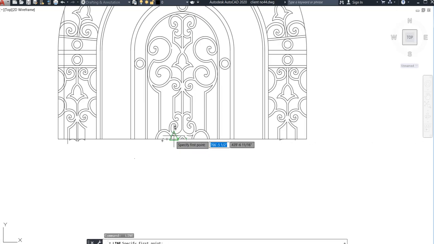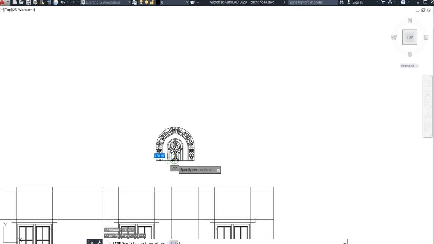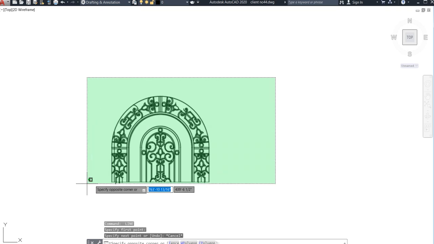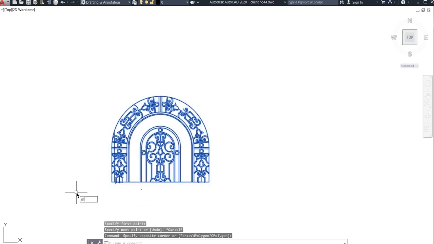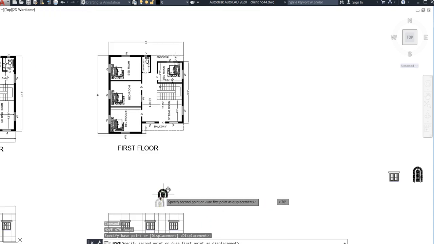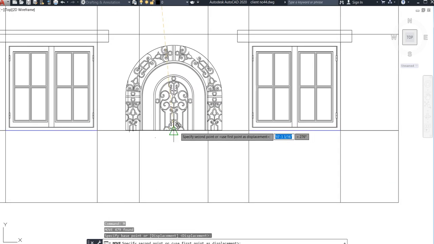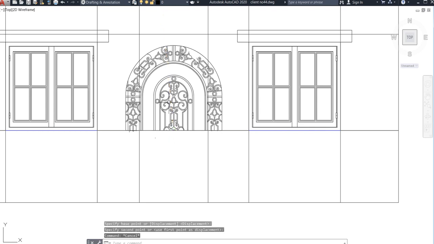So where is the middle? See, here is the middle. For that, go for move. If you do not get it, you will definitely get it, because I have already deleted so that it can't come here. So now this middle and this middle should match, in that way it comes in the middle.